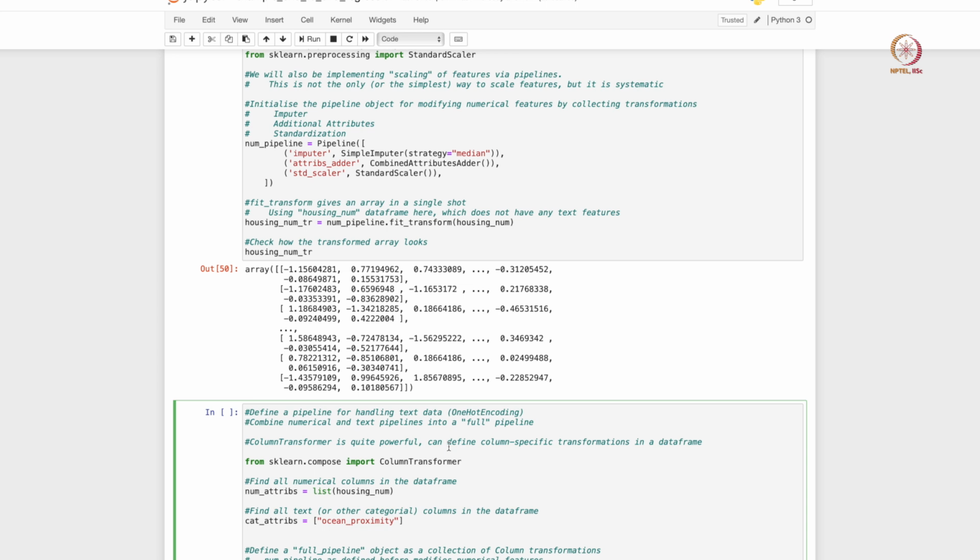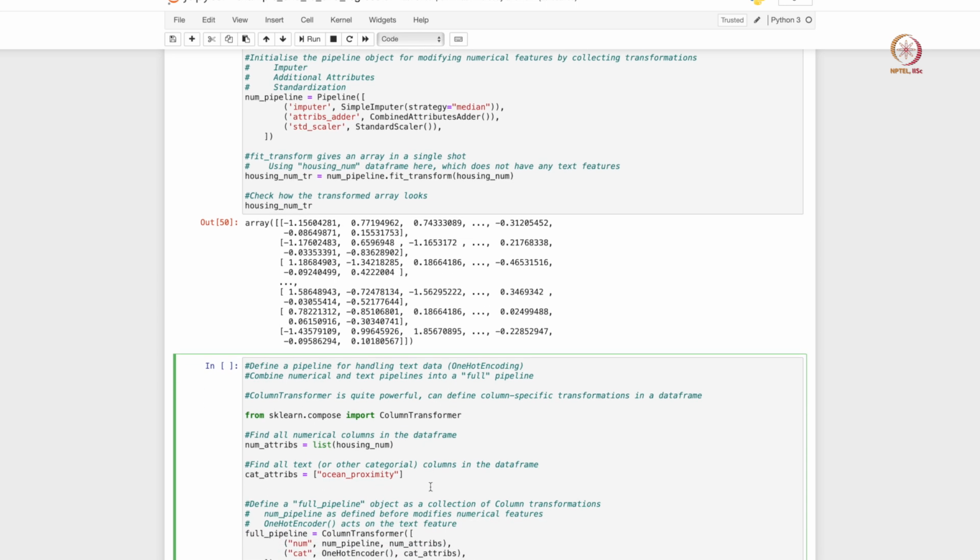So one pipeline for numerical features and another pipeline for text or categorical features. That is what we are going to do here. We created a numerical pipeline, now we are going to create a pipeline for text categories, and that is a fairly simple pipeline in this case. We are just going to call the one-hot encoding transformer. So we are going to perform one-hot encoding and then put it into our transformed data set. Let me execute this cell.